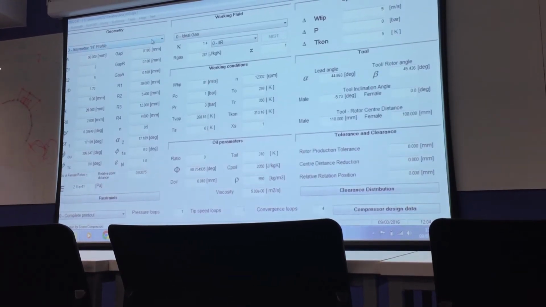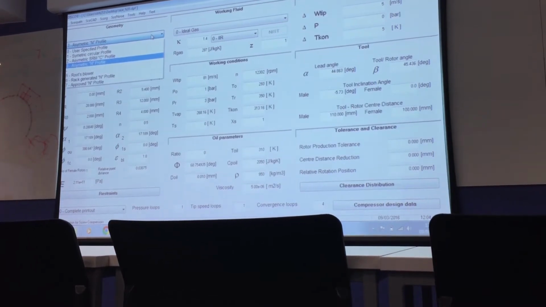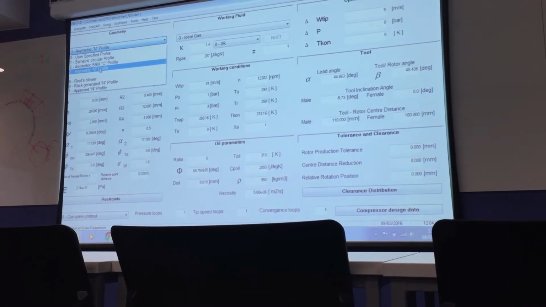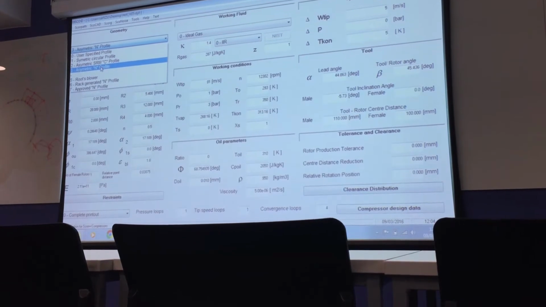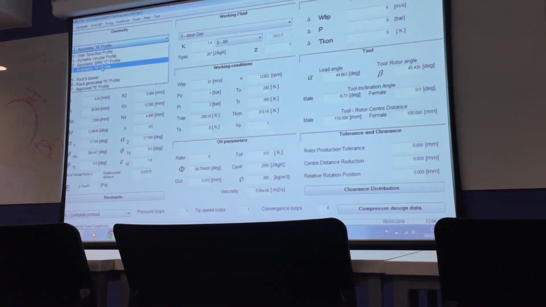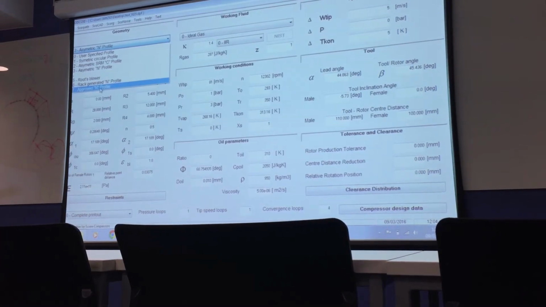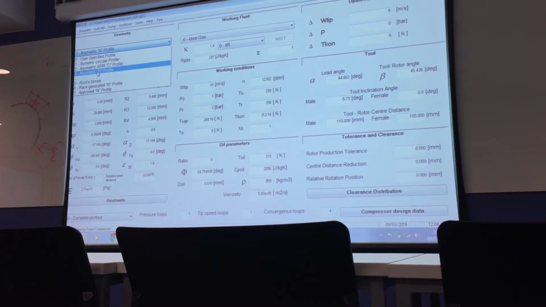Now, to choose the profile, you have several options here, but I would suggest that while you are in the learning phase, trying to play with the model, go for this asymmetric end profile. This is quite a robust model profile because it doesn't create a lot of loops. But finally, you will go for your coursework to this approved end profile, which is the existing machine there. There is only small difference between 3 and 7.